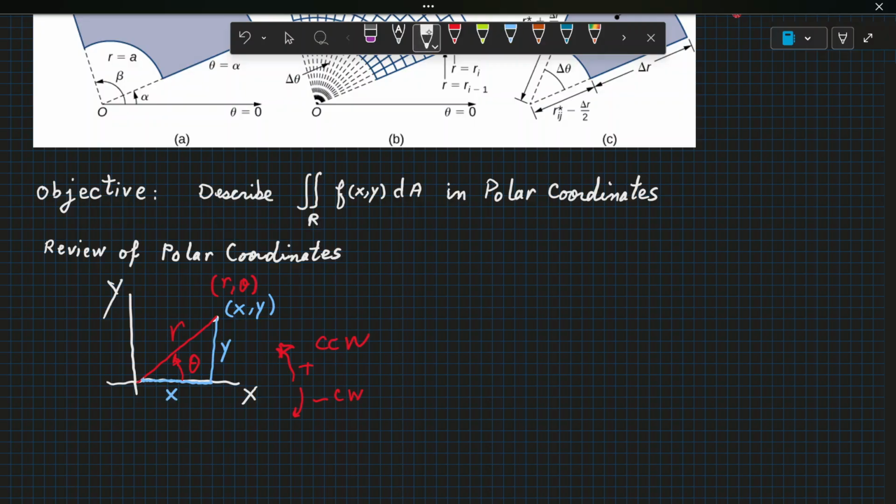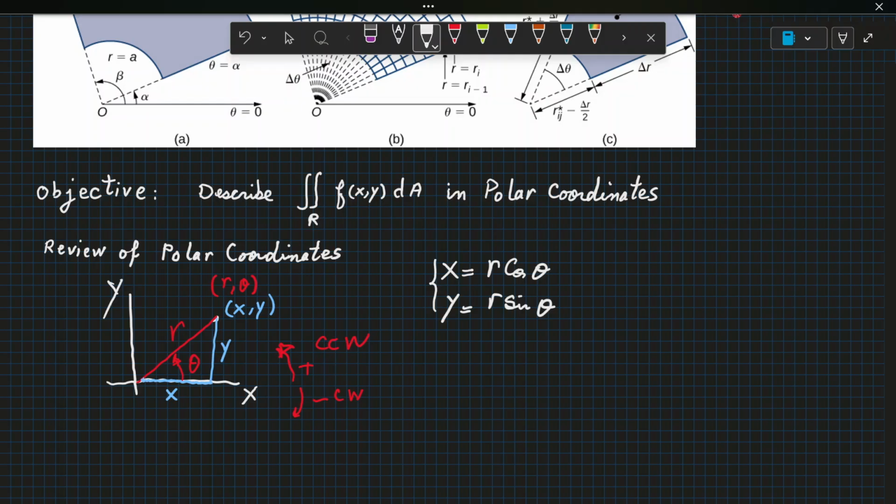These are easy relationships. We have y is hypotenuse times sine of the angle, opposite angle. So y is r sine theta, and x similarly is hypotenuse, which is r times cosine of theta. So these are relationships that take us from